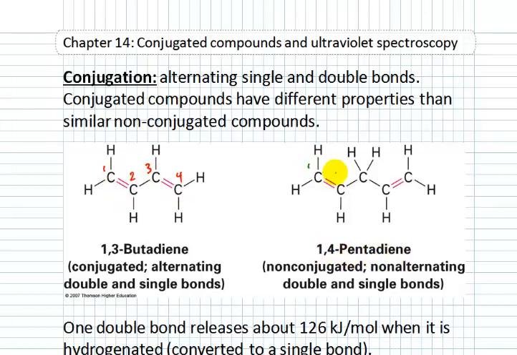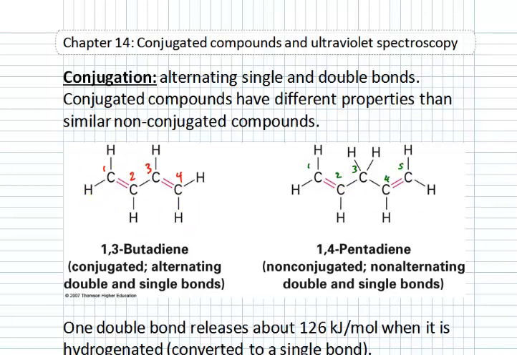1,4-pentadiene, right? 1, 2, 3, 4, 5 carbons in the chain, is not conjugated because it goes double, single, single, double. Okay? We've broken the conjugation by an extra single bond in between those double bonds there. It does not have alternating single and double bonds. So these compounds will have very different properties. The reactions they will undergo will give different regiochemistry for some reactions. One reaction we'll talk about later in particular will only be able to occur with this conjugated diene and not